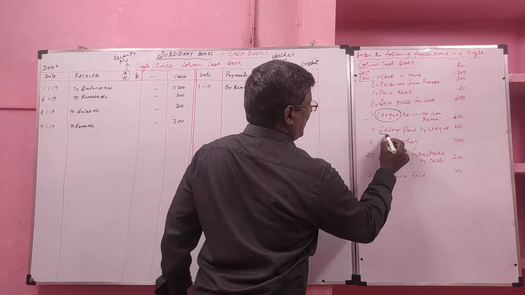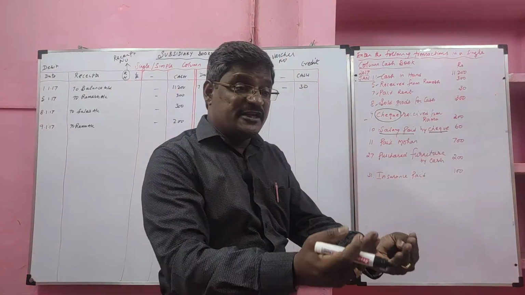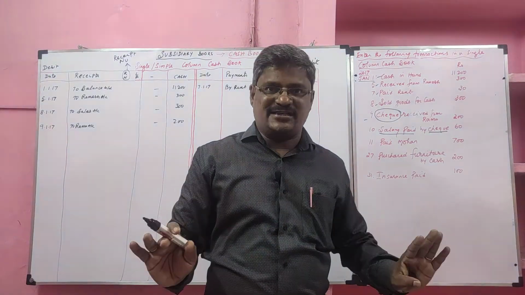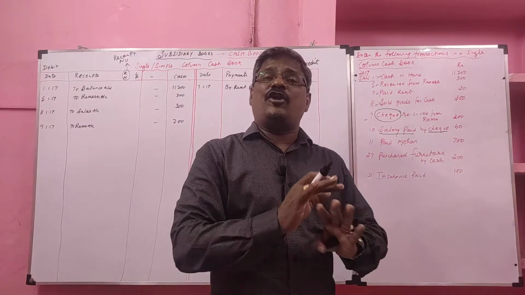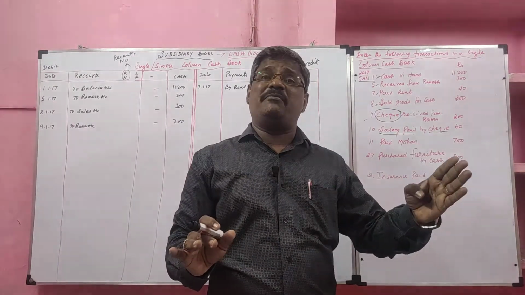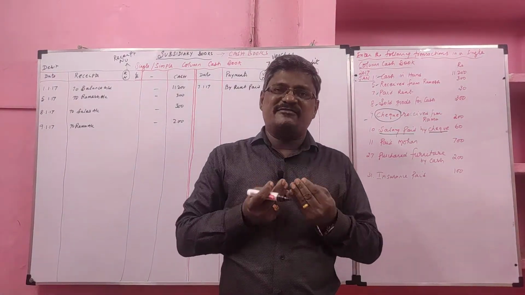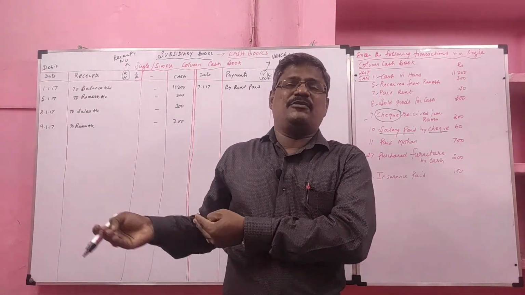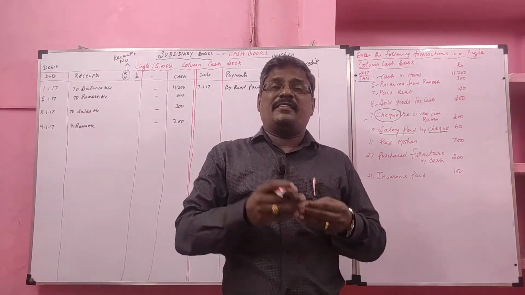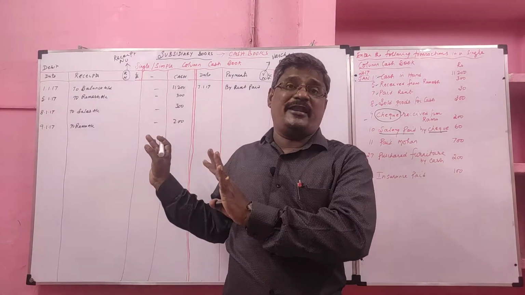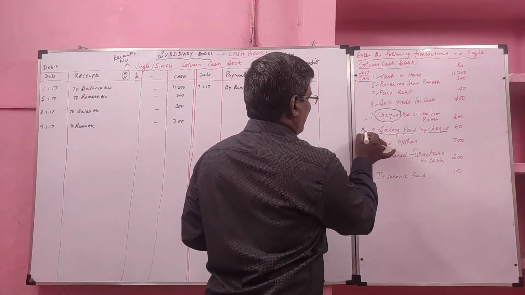The 10th one, salary paid. It is a payment made by check. Listen carefully. When we receive a check, treat it as cash received. When we issue a check, when we make payment through check, it will not be recorded in the cash book because the payment is made by the banker. So once again, when we receive a check it is recorded in the cash book because we treat it as cash received. When we issue a check, the payment made by the banker is not recorded in the single column cash book.